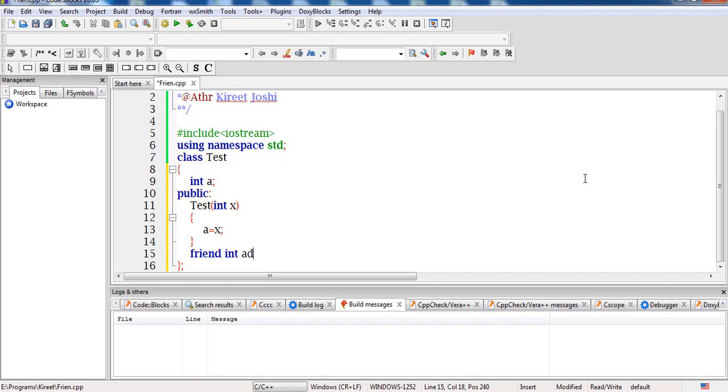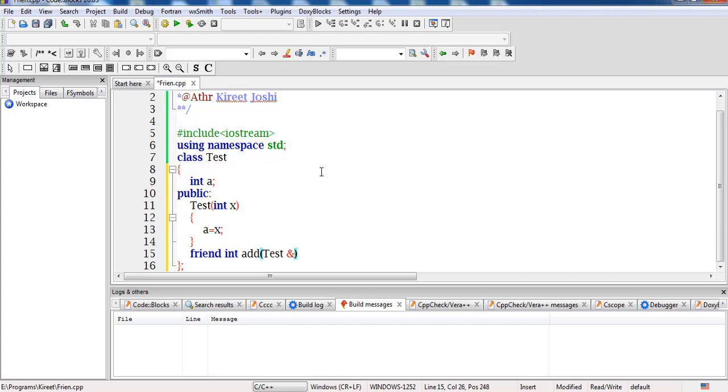The name of the function is add, and inside this I have to pass the reference of the classes to which this function is a friend. Now if I want to access the data members of two classes, it means there will be two classes in my program, and this friend function must contain the reference of these two classes.